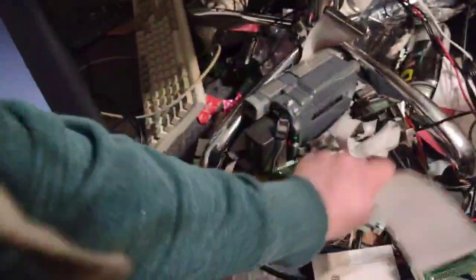The little adapter dongle. Let's see. Here we go. Sorry about the mess. Well, anyway, this is what I got here. Got a 50-pin SCSI cable,